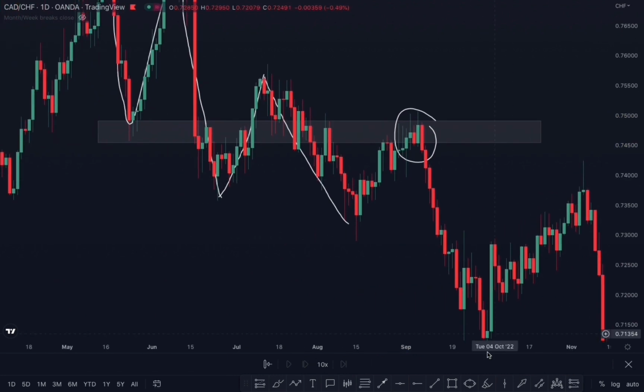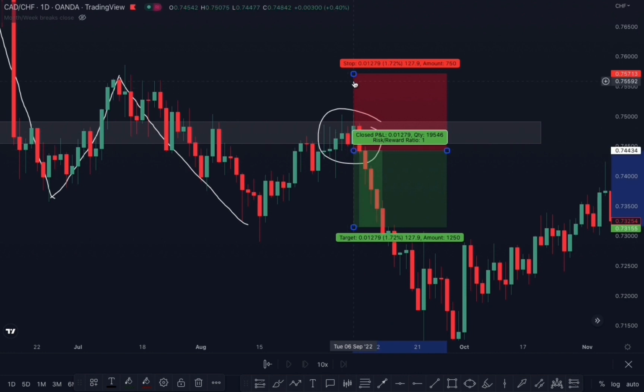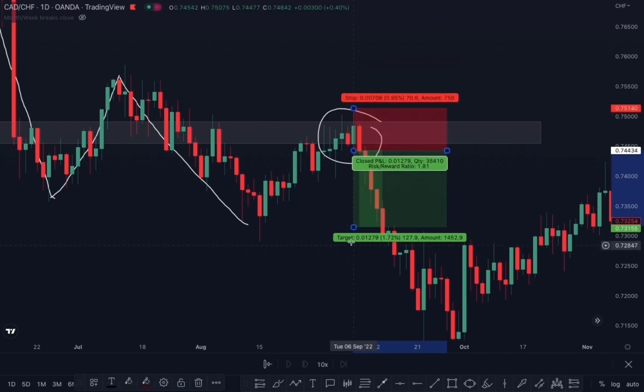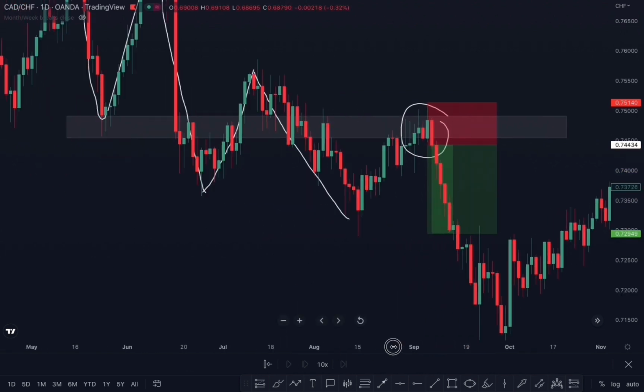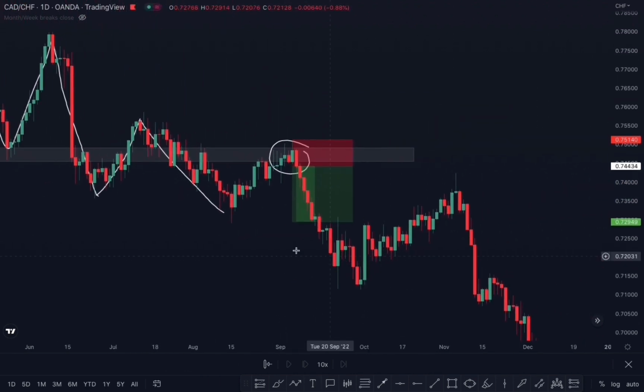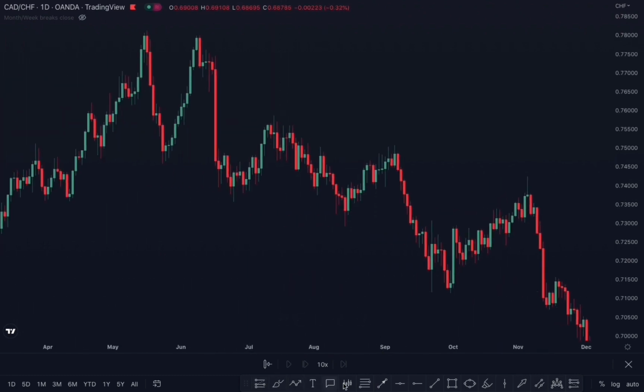So if I zoom in, you can see this would have been a confirmation for us to look for selling opportunities, right? Because we had this engulfing candlestick. We would have sold here with our stop loss right here, and then our take profit at the next support level, right? So going forward, let's also take a look at this one. Let me delete this. So we have this as our new support zone, right? Let me just cut this off,